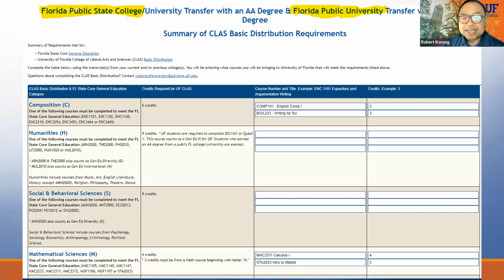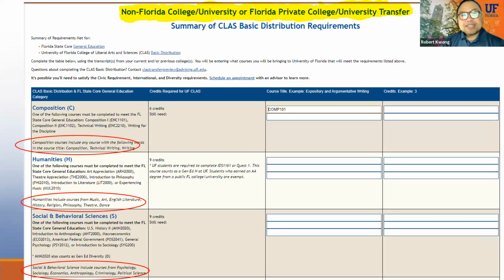But on the day of orientation, you get at least an hour of time with the major advisor, so you're going to know what you will be taking for your major. So we want to make sure that you have a tool to help you determine what you would need beyond your major classes. Now, if you were someone that clicked the box that said non-Florida or private Florida transfer,